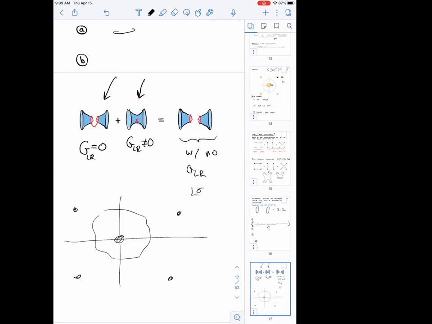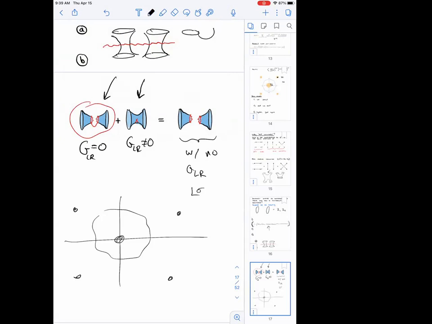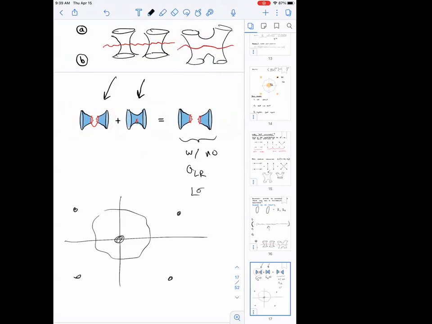So for this case, we would double it, which means we would consider 4 of these boundaries, and then we can have wormholes like this. And if I cut it along here and take the top half, I get this thing. But you can imagine other configurations, as we were discussing earlier. You can imagine these kinds of configurations. And now when I cut it, I get something else, and I would have to add that now. I have to take this equation, and on the left-hand side, I would have to add this thing.